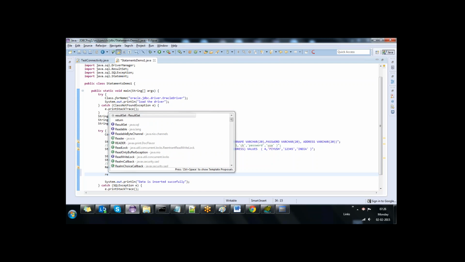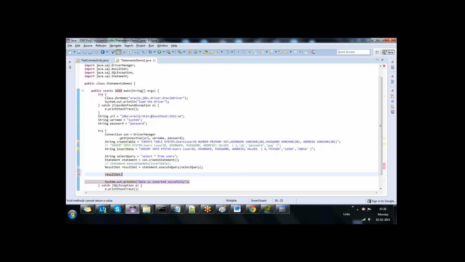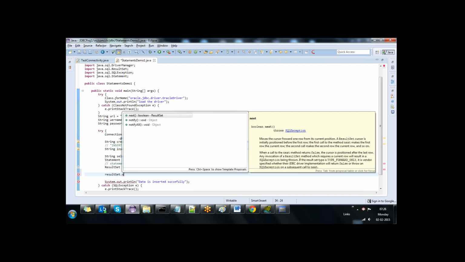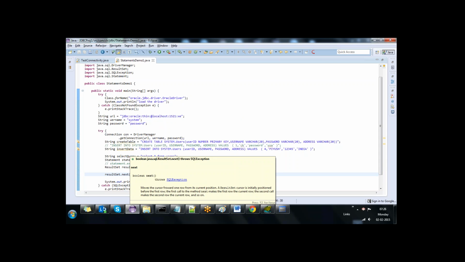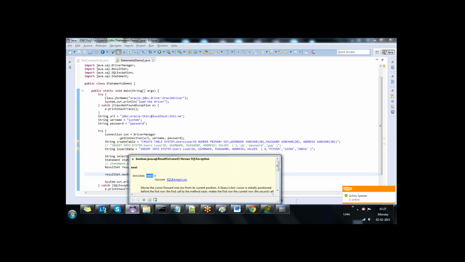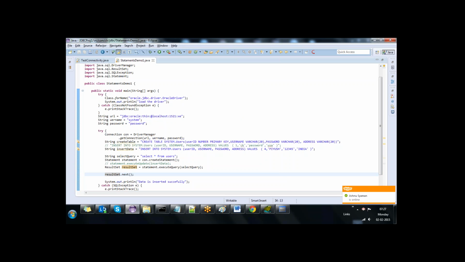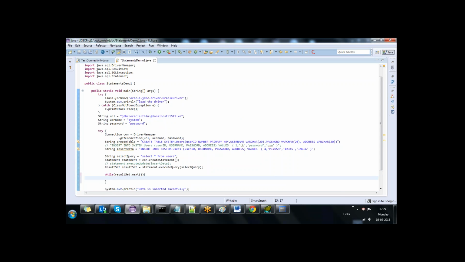ResultSet dot next method. What is the return type of the next method here? Boolean. The resultSet dot next method